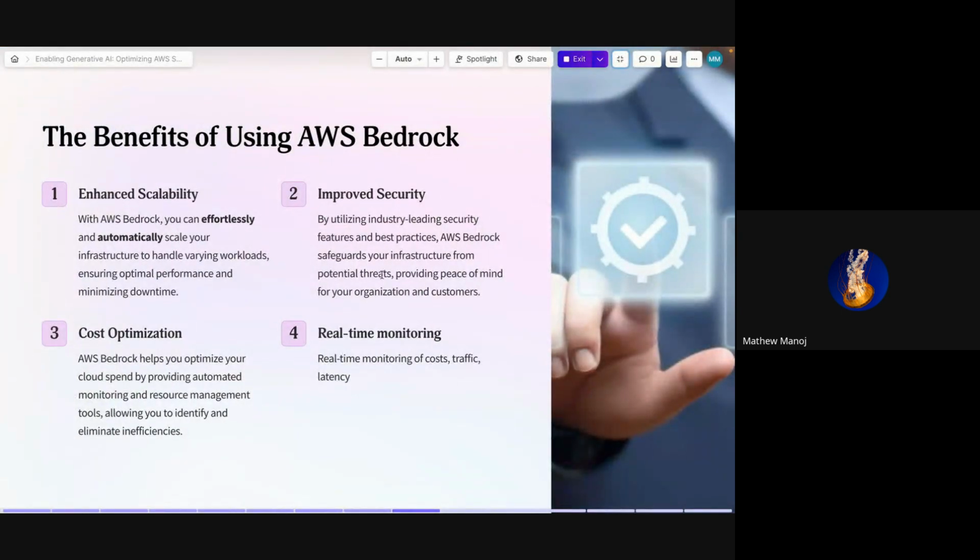So as I was saying, the reason why AWS Bedrock is an innovation in today's industry is that it can scale effortlessly, and it has good security, like the points that I mentioned before. The main points are that you only have to pay for whatever services you use.